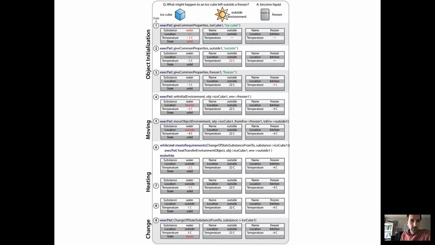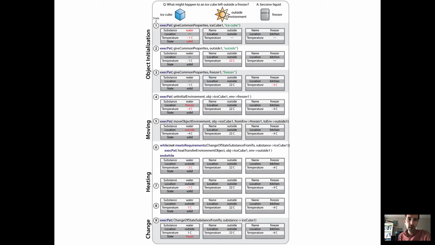Two final notes before moving on to the tool demonstration. The first, and I won't belabor this much because it's in the paper and in the examples, but this is an example piece of CoSaTa code that runs in the interpreter that builds a simulation for the question about what happens to an ice cube when you leave it out of the freezer. It's only 9 lines of CoSaTa code, though. Notably, that doesn't include the code for authoring the inference patterns underneath it that it uses, like heat transfer or